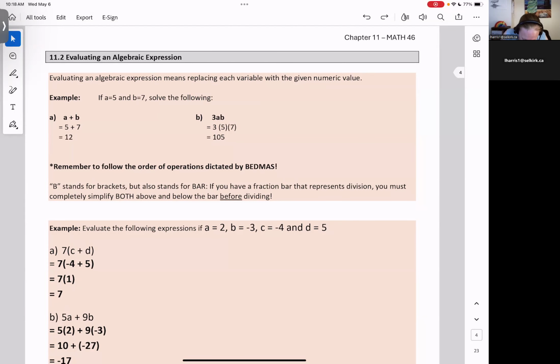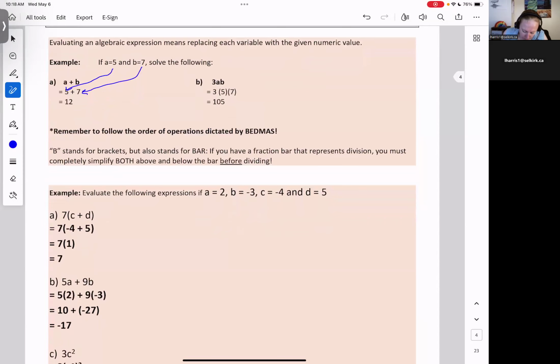So we've got A plus B. That would be 5 plus 7, which is 12. So you can substitute the 5 in for your A, substitute the 7 in for your B. In the next example, you have 3 times A times B, so you would get 3 times 5 times 7, which is 105. Make sure that you're following the order of operations that's dictated by BEDMAS, and also perhaps a